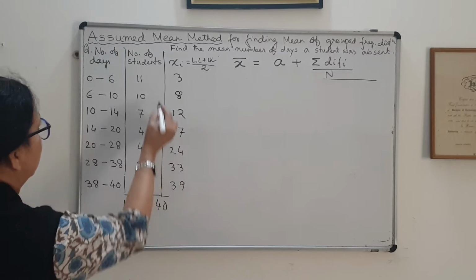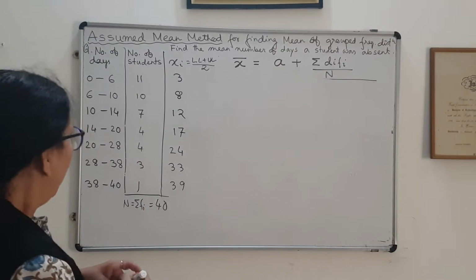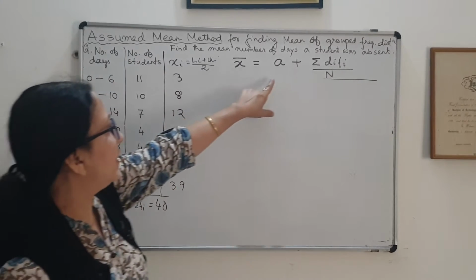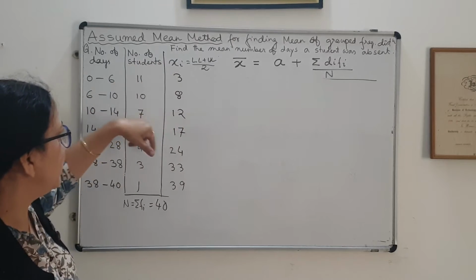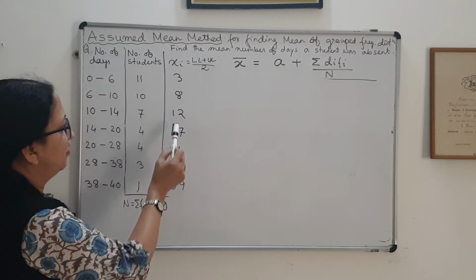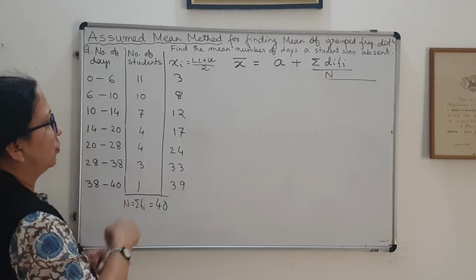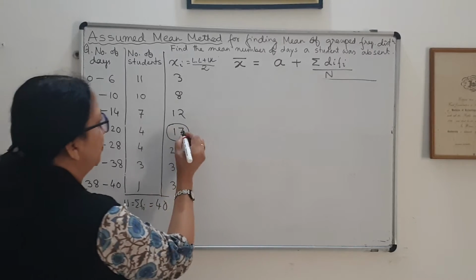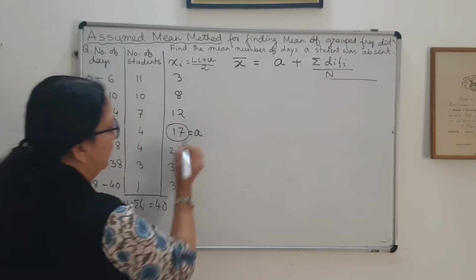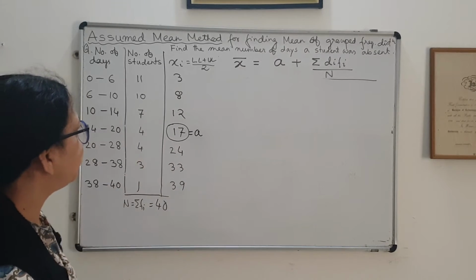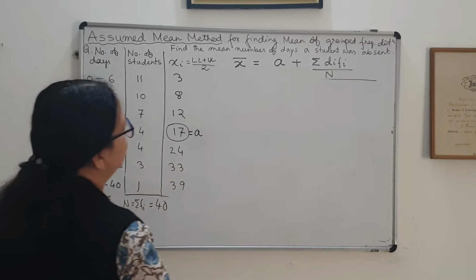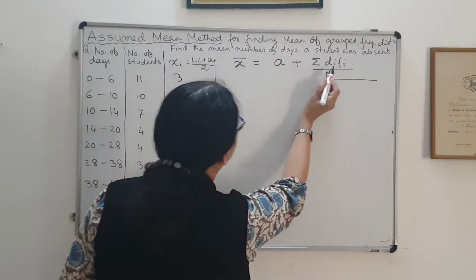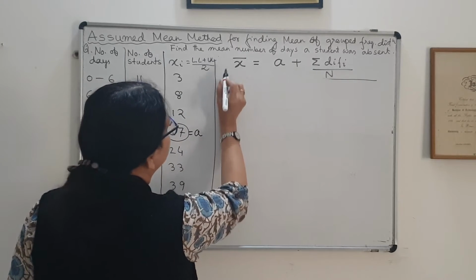So I have made this column of class marks. Now what to do? After finding the column for class marks xi, I have to choose a value of A, and generally take the central value. So how many are there? 1, 2, 3, 4, 5, 6, 7. So I'll take the fourth one. So this one I take as the assumed mean. So I take this to be A. Okay, central value. So after choosing my A, the assumed mean, my next work will be to find the value of di.